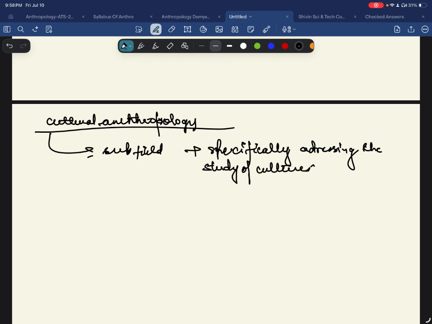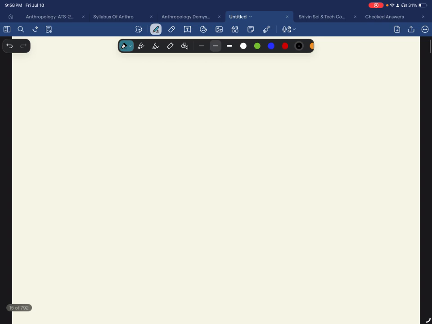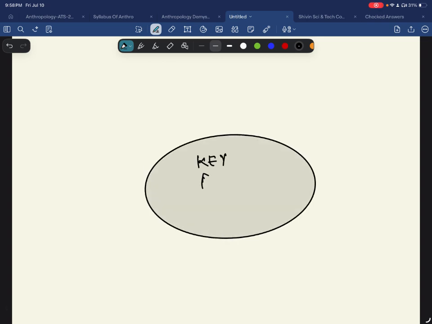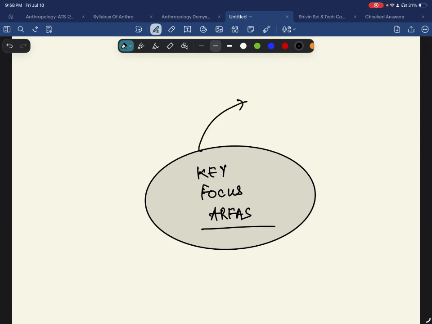Correct? Very simple. Again, I'll do the same thing. Key focus areas. Okay, what are the key focus areas in this? पहले हम कल्चर की डेफिनेशन देखेंगे। ये ईबी टाइलर सर ने लिखी हुई है। ईबी टाइलर सर ने हमें कल्चर की डेफिनेशन दी हुई है। ठीक है,